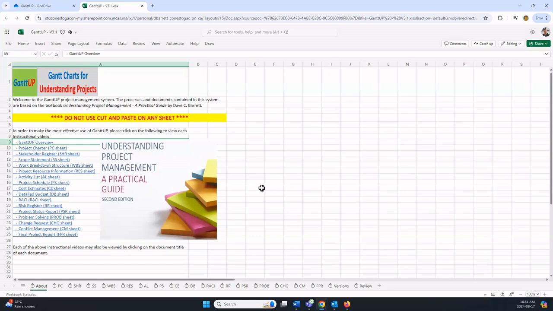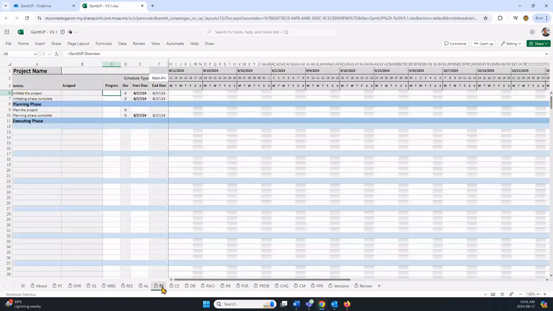Now, one thing I really want to note here is a key thing that can go wrong. When an action is taken, such as cut and paste, that causes an Excel error, it's something you have to undo immediately. So I'm just going to demonstrate what it looks like. If we go to this sheet,